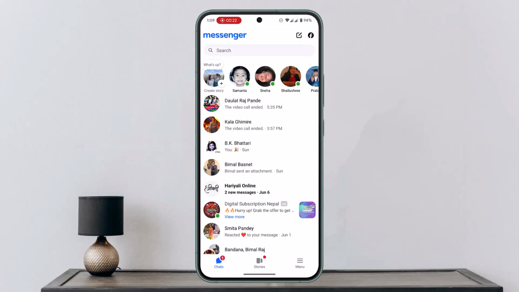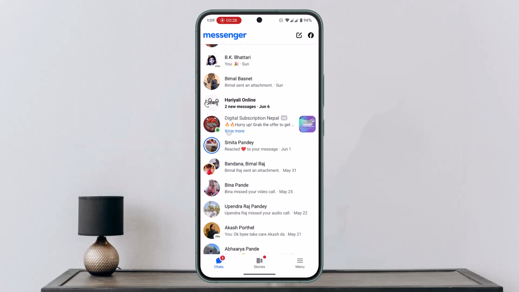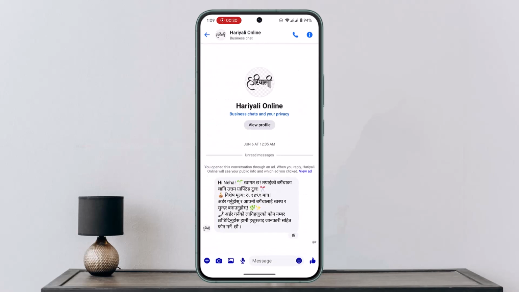This is how the interface will look. Now then, what you need to do is, on this field, locate a specific conversation that you want to mark as spam. So let's see, this is the one, and then what you have to do is look for